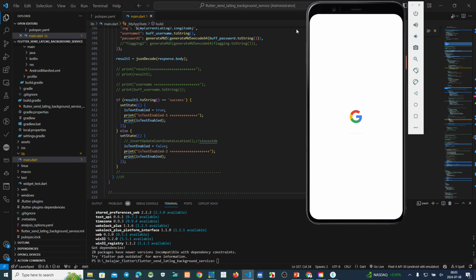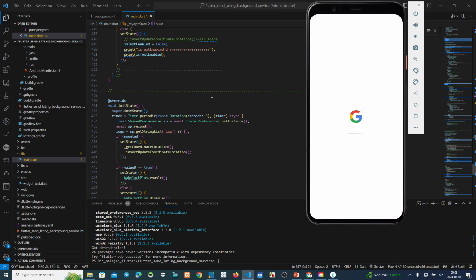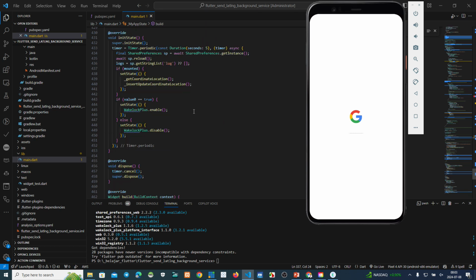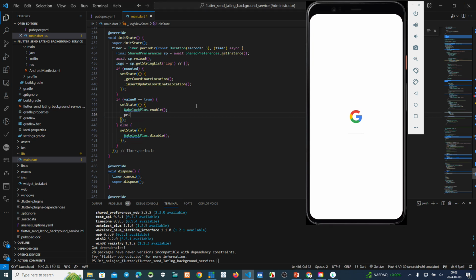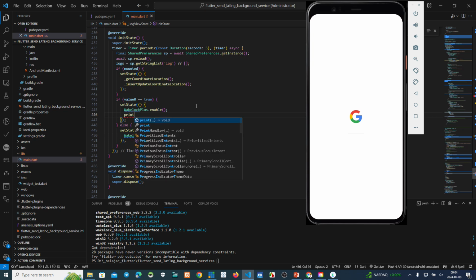Okay, we can see this one. Init. Okay, this one. If true, it means this wake lock plus works. We add this information print.